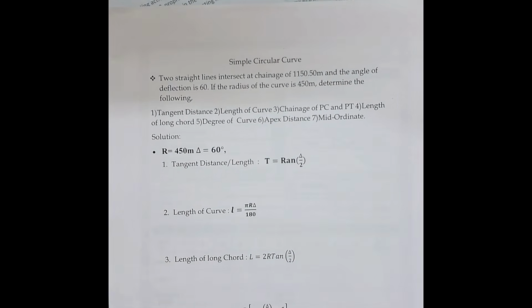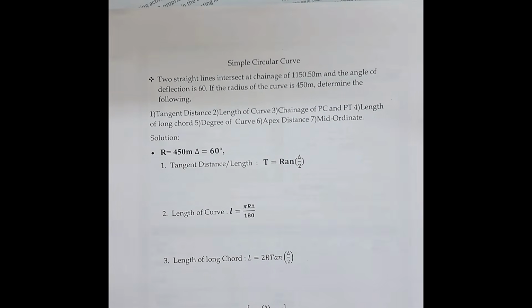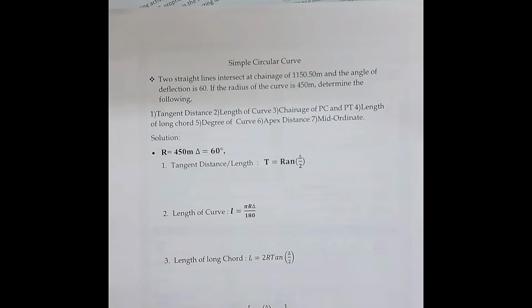Okay, so here you can see the example of a simple circular curve in which two straight lines intersect at a chainage of 1150.50 meter and the angle of deflection is 60 degrees. If the radius of the curve is 450 meter, then determine the following terms. You need to find out the tangent distance, the length of the curve, chainage of the point of curve and point of tangency, length of the long chord, degree of the curve, apex distance